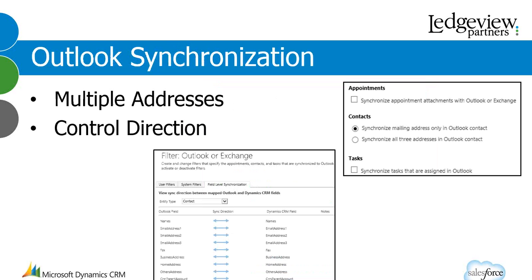Outlook synchronization. They did add some enhancements to Outlook synchronization. One of the things is that you can have multiple addresses on your contact record within Outlook. Now they allow you to synchronize all three of the Outlook contact addresses into CRM. But more than that, if you notice this